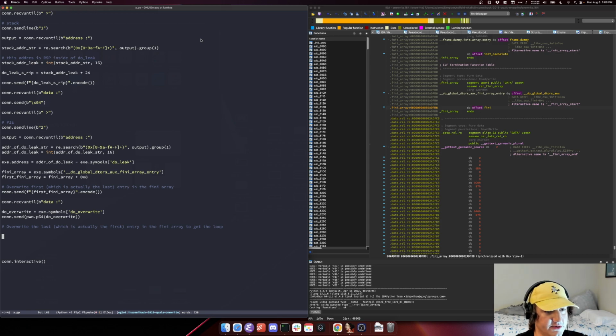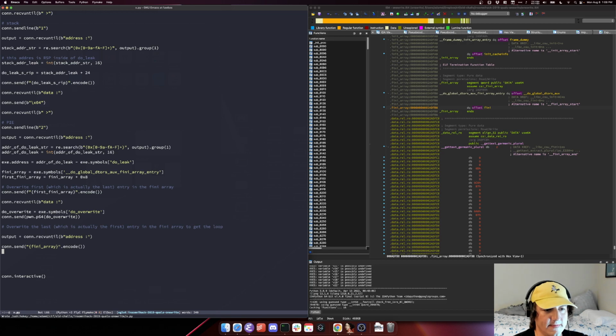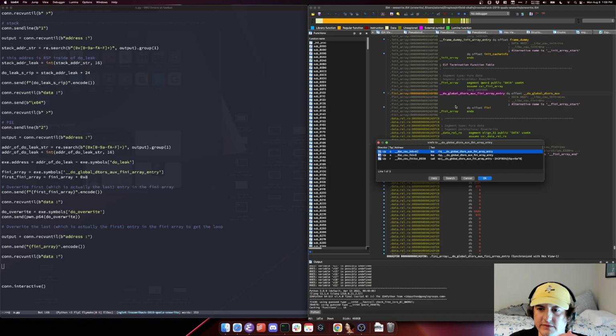Okay, now what we're going to do here is receive until address, and then we are going to send the address that we want to overwrite. In this case, it's going to be the Finney array dot encode. Okay, so that's going to send that, and then we will receive until it asks for the data. And now the question is, where do we want to go? So we need to basically go to, and we were looking at this before, what called this. And actually, I don't recall off the top of my head where this was, because there were two libc CSU